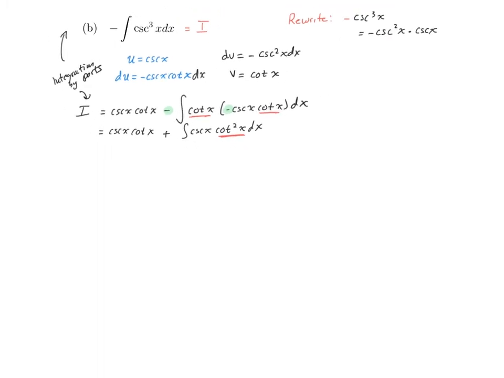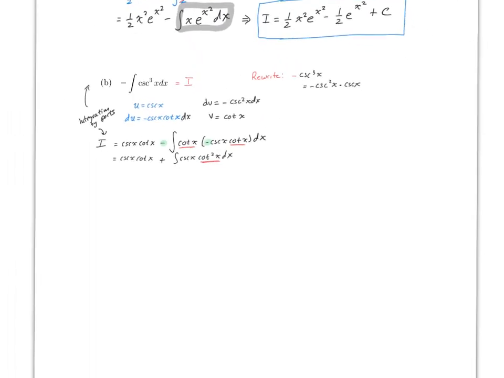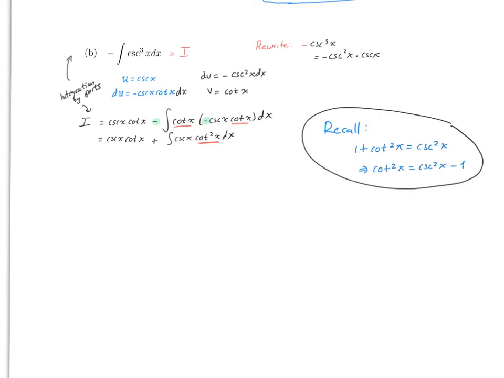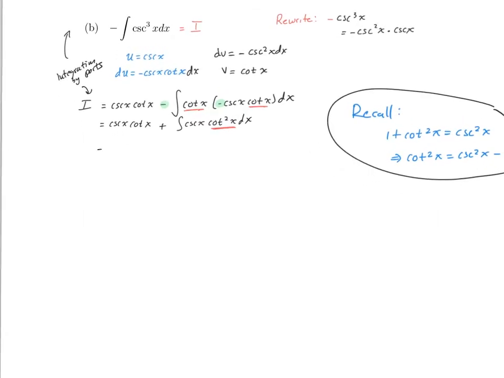Next, we're going to need an identity. Okay, so recall that 1 plus cotangent squared x is equal to cosecant squared x, which means the cotangent squared is cosecant squared x minus 1. Therefore, if we use the identity here,